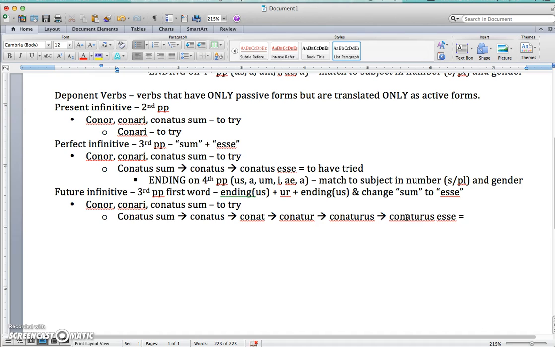And let's see if we can't translate here. So we've got a future, so future infinitive. So let's do about. It's an infinitive, so put to, and it means try. So there's your